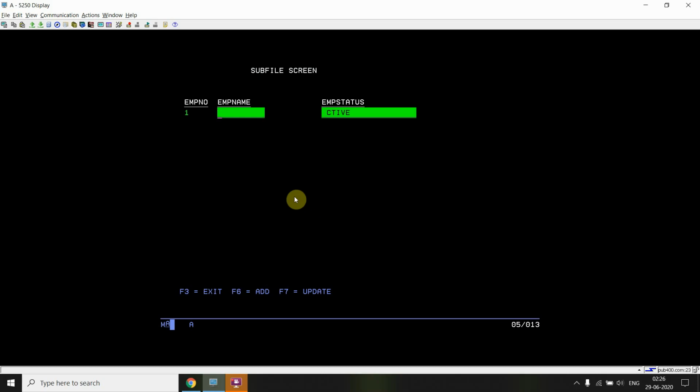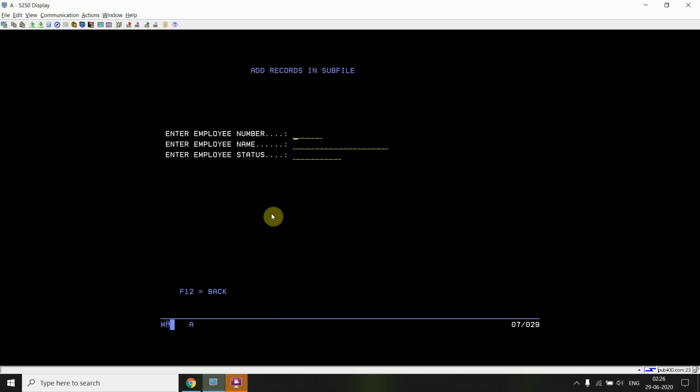Now for example, I'll remove this, and the cursor is now at this point, and I press F7. Now the cursor points to the first error field, and both the fields get reverse highlighted. Once I correct the first field and press F7 again, the cursor will automatically point to the next field. For example, I'm adding one more record.